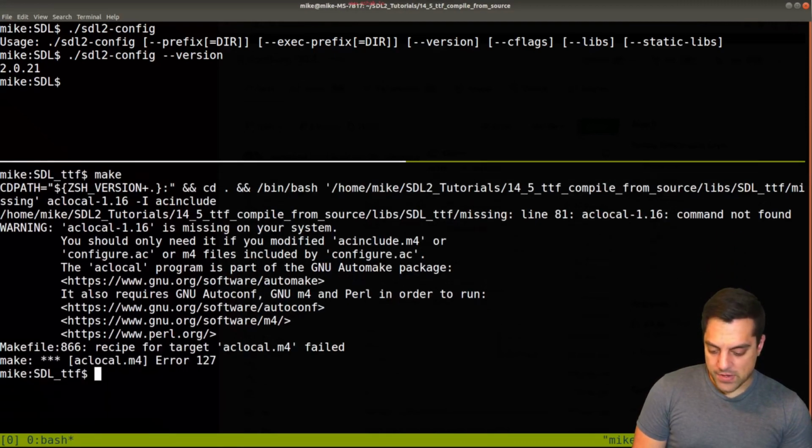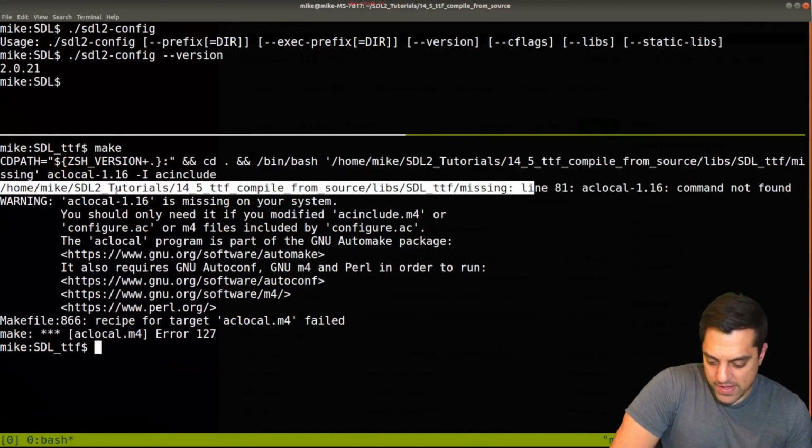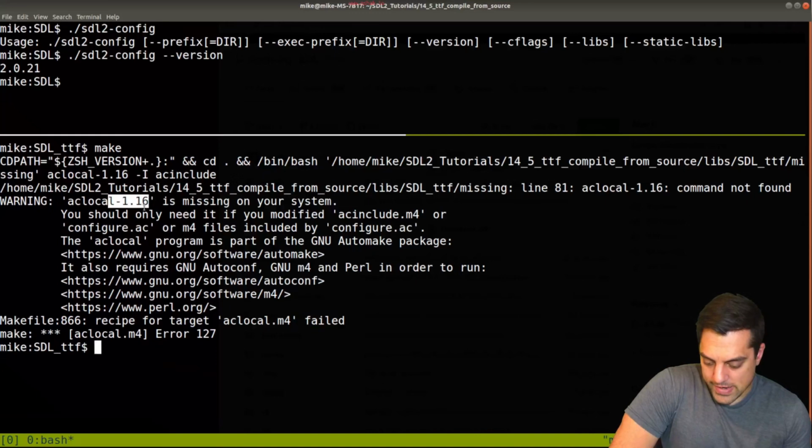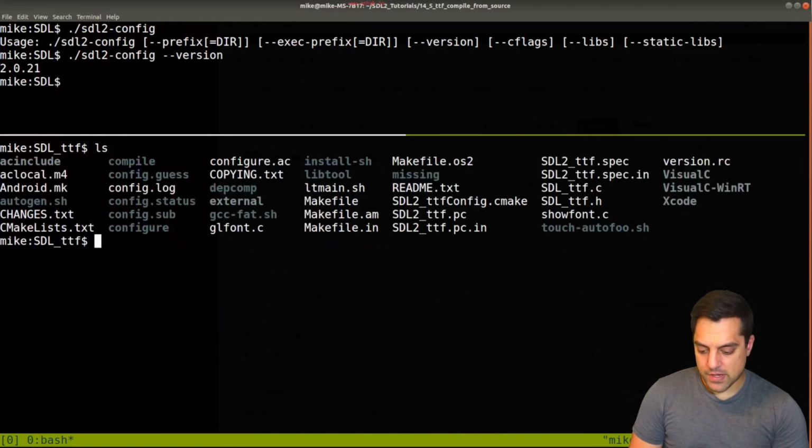And let's see here. Now it's complaining here. It says command not found: aclocal-1.16 is missing on your system. So you should only need it if you modified this and so on. Okay, well let's go ahead and